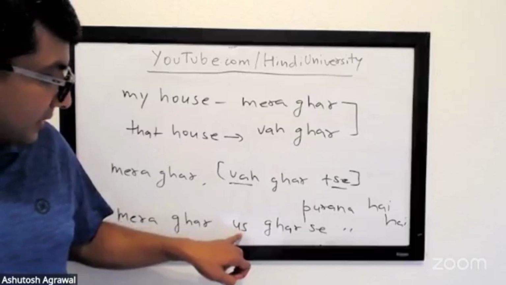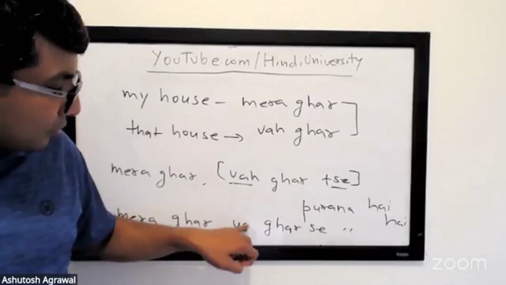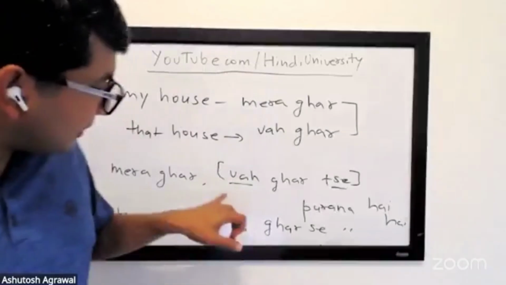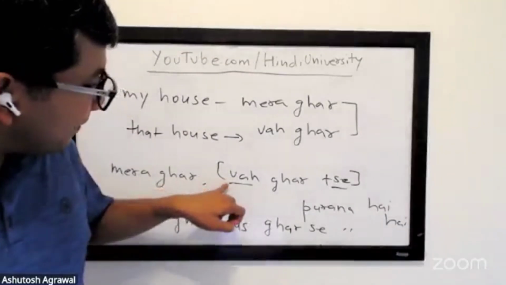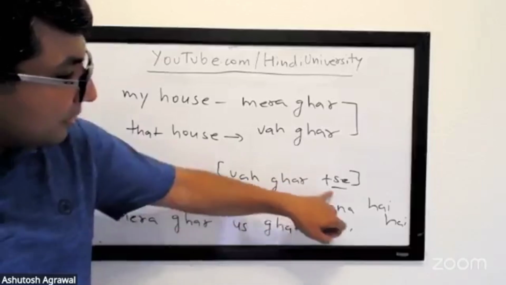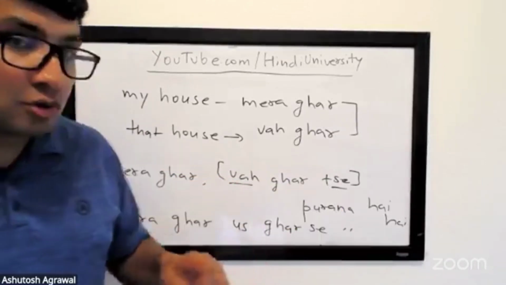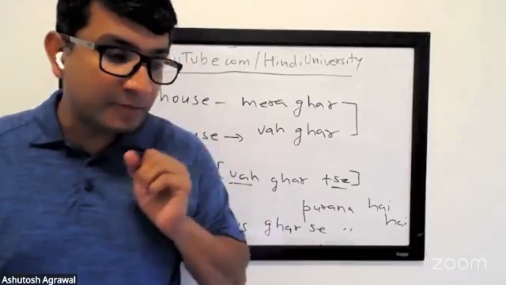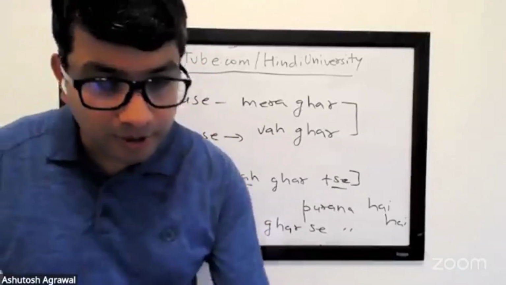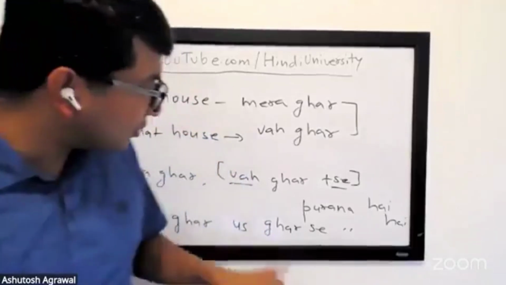Okay, oh I see. No, it will be us ghar se. If there is a uske ghar se, his house. Mera ghar, aapke ghar se, you mean? Your house is aapka ghar, but when you put se, aapke ghar se. So again, now that I mentioned that, what was asked in the question by Ron, can I say,